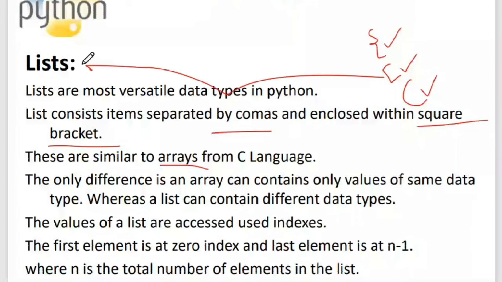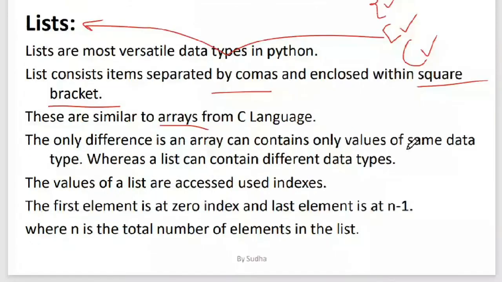The only difference you can observe is in an array. What is an array? If I give you the Dennis Ritchie textbook definition of an array from C programming, he says it's a homogeneous collection of data. Homogeneous means it can only contain either integer data, character data, or floating data.